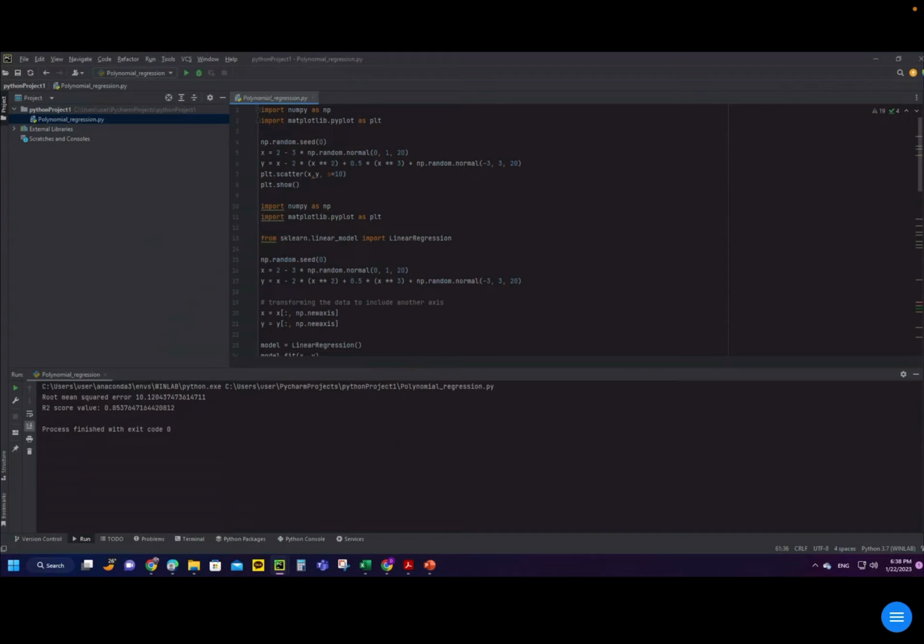As an example, I will provide you with this py file, and you will run it on your PyCharm community edition. You can download it freely at your home computers.